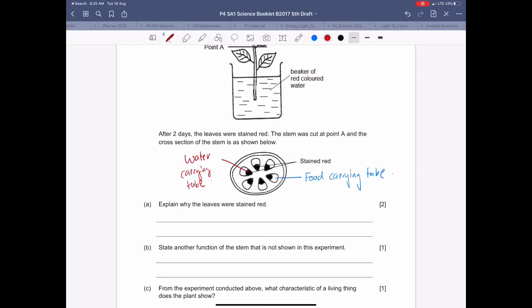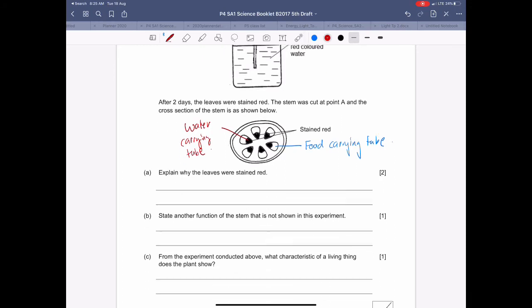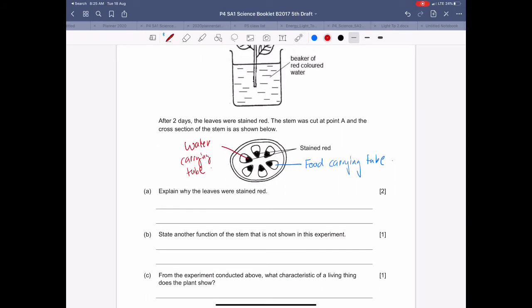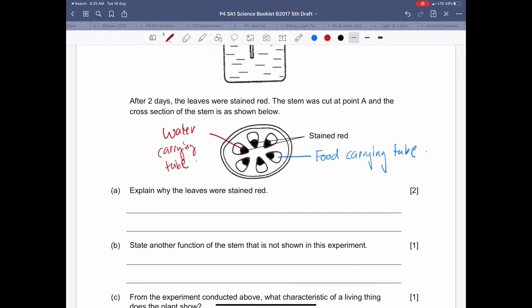Some of you said the stem. That's also fine in accordance to the question. Now I know that a lot of you have not actually learned about the exact structure of water carrying and food carrying, I haven't taught you yet, but you can use the word stem. So in this case, what I must see is the stem. You cannot just say water transported or water went to the leaves. It's too general. You have to tell me the stem transported